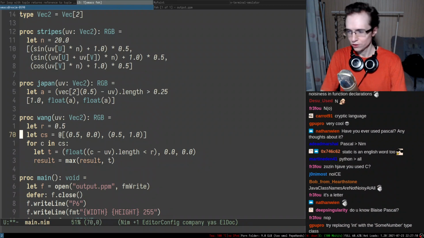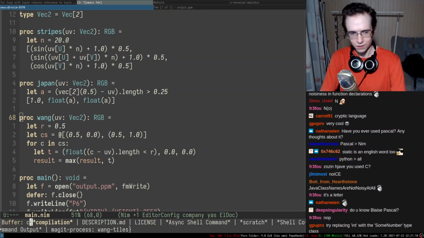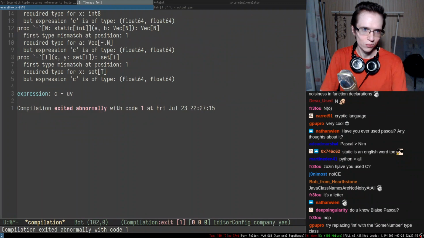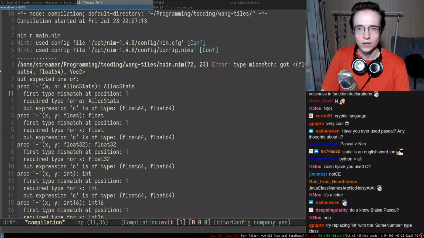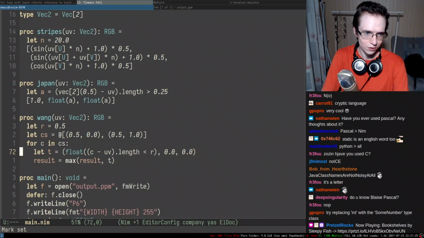And I think that will just work fine. Alright, so what do we got? And it didn't compile. Okay, cool. Type mismatch. Got this thing, but expected Float 64. So it's happened in 72.